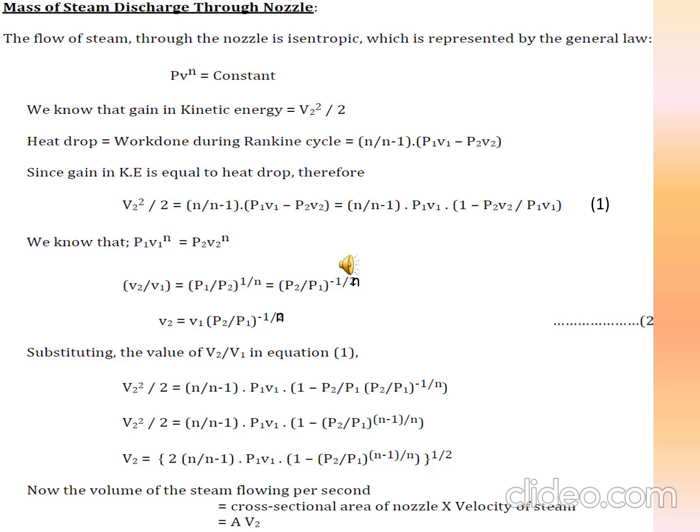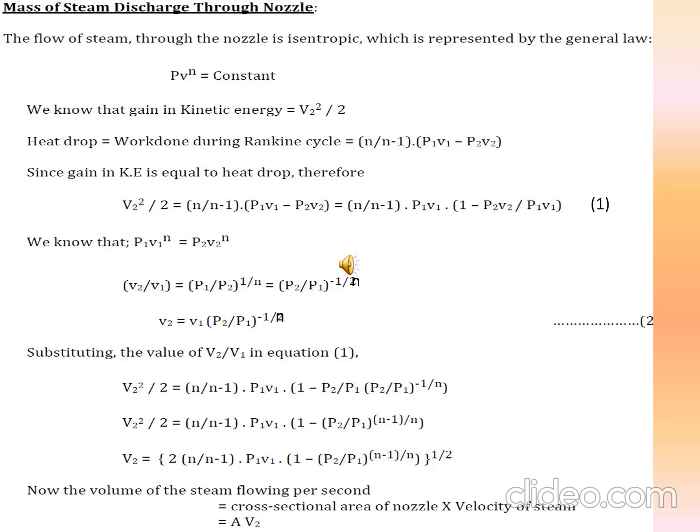Okay. So we can say that heat drop is equal to total work done, as we know from the Rankine cycle. Heat drop means H1 minus H2. So H1 minus H2 equals the work done during the Rankine cycle. In the nozzle, heat energy is converted into kinetic energy, so H1 minus H2 equals V2 square divided by 2. Okay. So here, in place of heat drop, we can put V2 square divided by 2